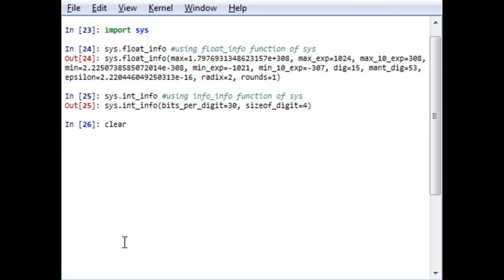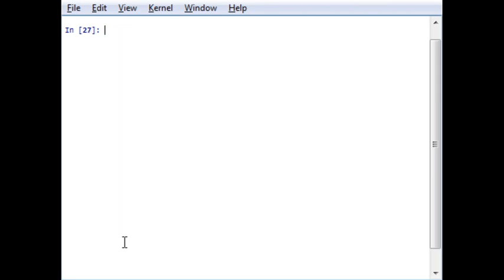First of all, let us clear this command window. Now I have to use the decimal function. So from decimal I have to import the Decimal function. This Decimal function is used to return a number in stored format. So now I can directly use Decimal and write 0.123, for example. This is my command.